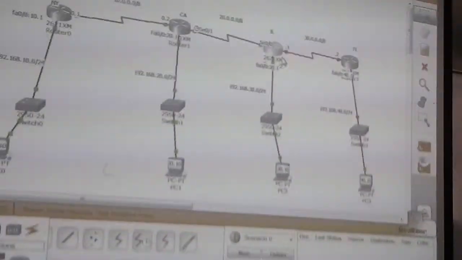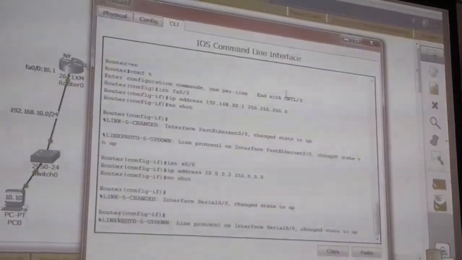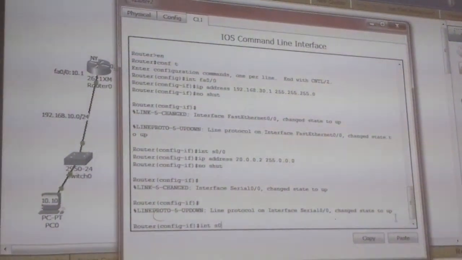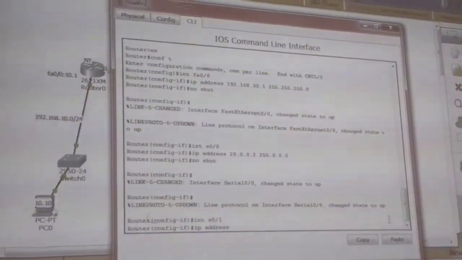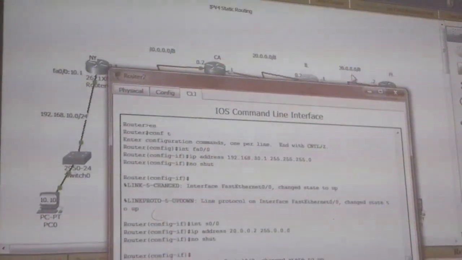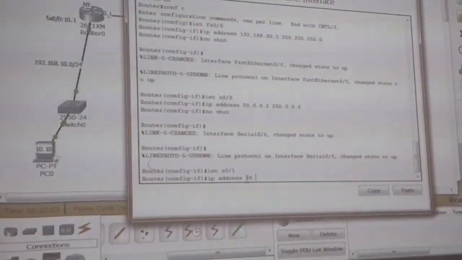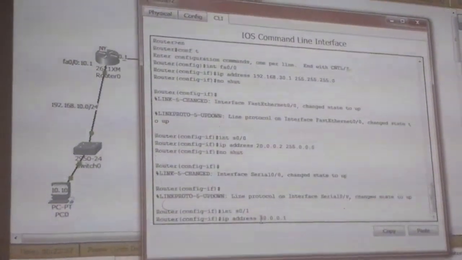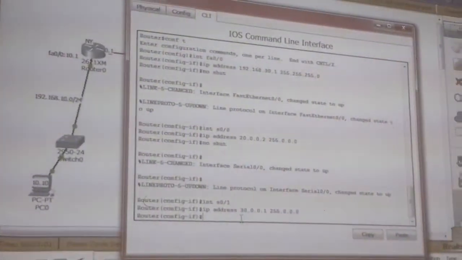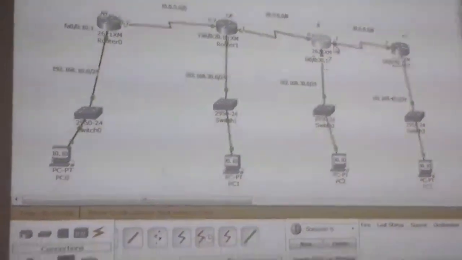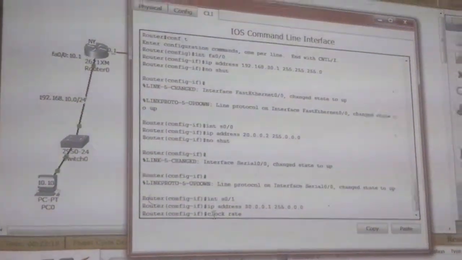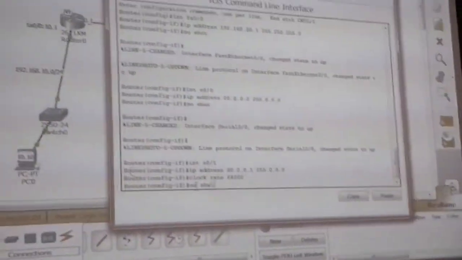We need to configure the last interface of this router, which is serial 0/1. So let's go to interface S0/1 and give an IP address for this network, which in this case is 30.0.0.1, followed by its mask 255.0.0.0. Remember that this is the DCE side, so we need to configure the clock rate on this. So clock rate 64,000 and then say no shut. So we're done with